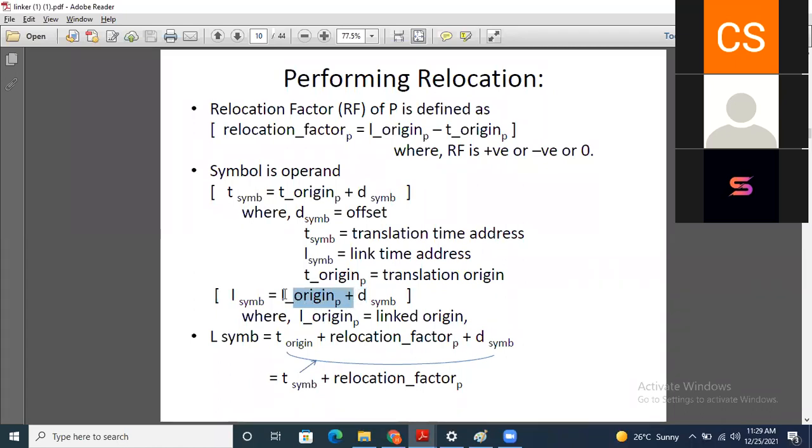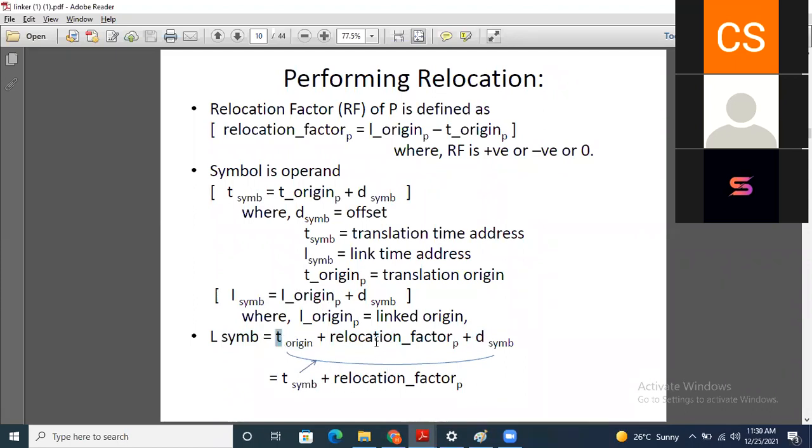By that way, I can get the address for this LSIM, that is the linked symbol. So this linked symbol I can calculate as the translated origin plus relocation factor plus offset.